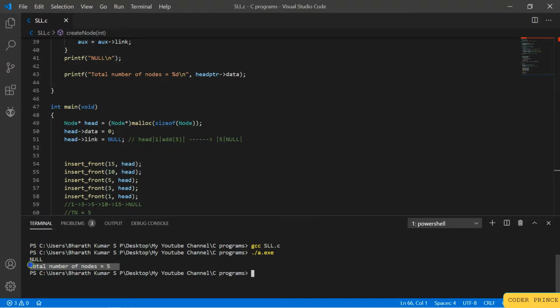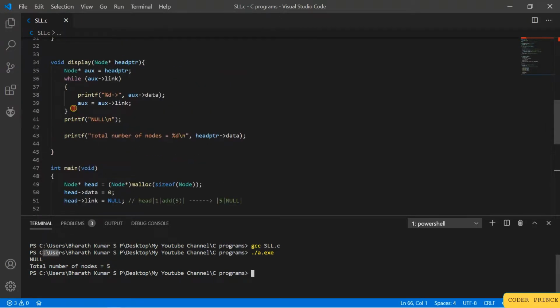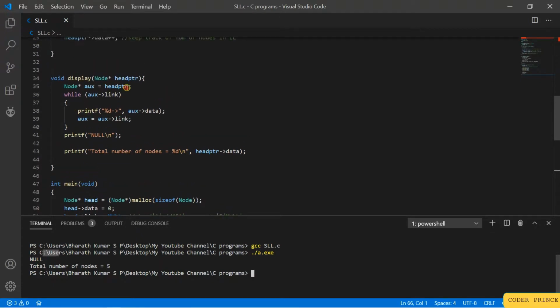Yeah, so the total number of nodes is 5, but this is not printing properly, right? This is not printing the result as expected.